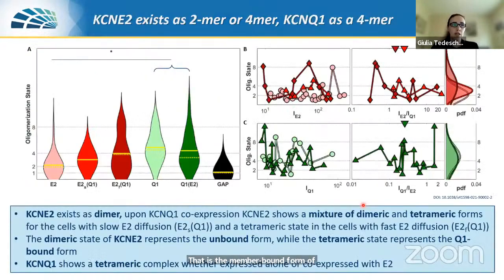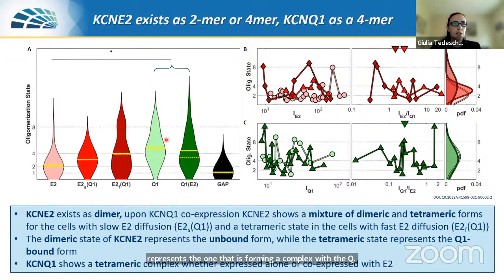So using this technique, we get some more information about this system. In particular, we saw that E2 exists as a dimer. When co-expressed with Q1, we can have, for the slow population, a mixture of dimers and tetramers. And when we have the fast population, we have tetramers. Our interpretation is that the dimeric state of E2 represents the unbound form, while the tetrameric state represents the one that is forming a complex with the Q1